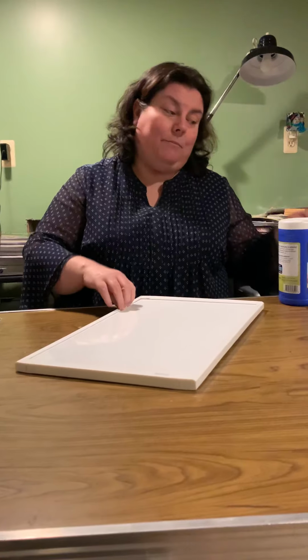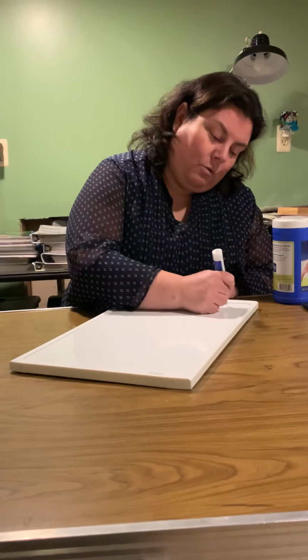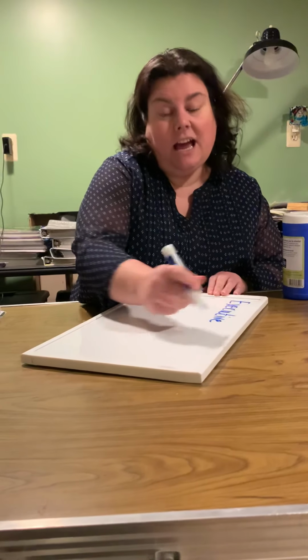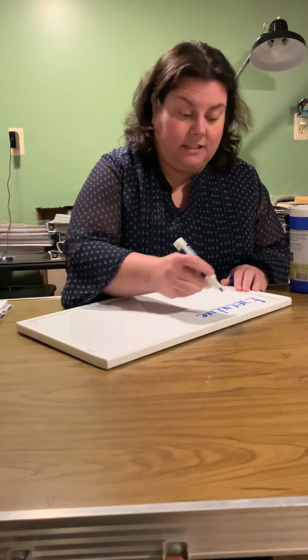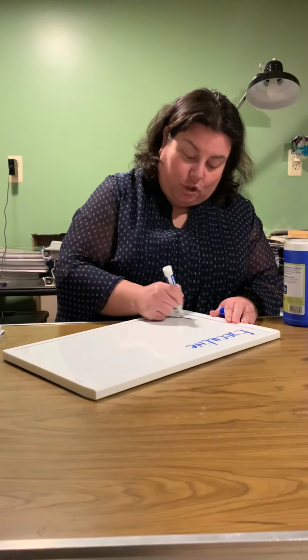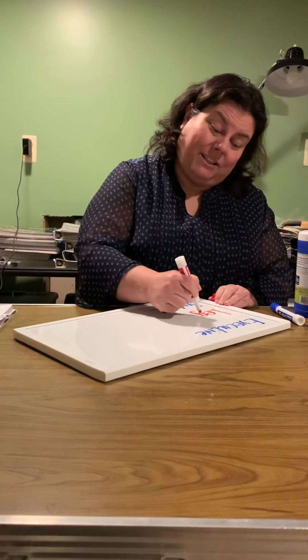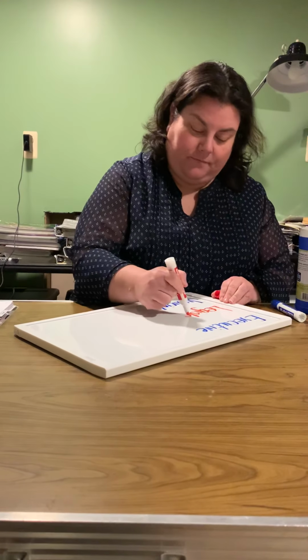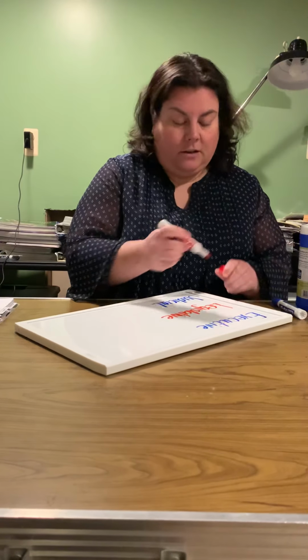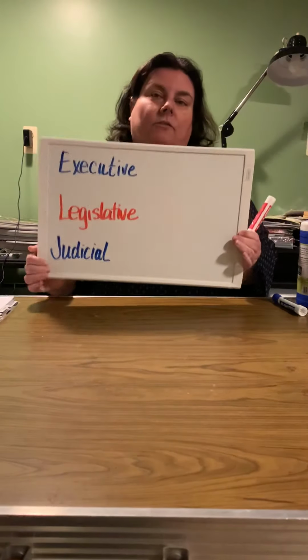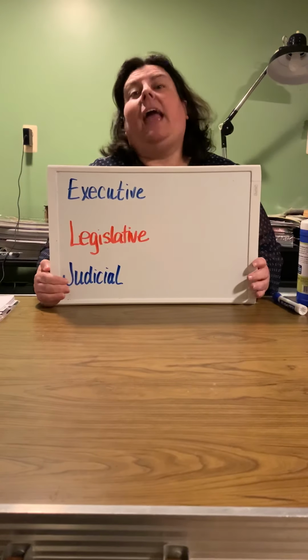We're going to be talking about these branches of government and learning about each branch individually. We'll be learning about the executive branch. The executive branch houses the president and the vice president and its cabinet members. We'll be learning about the judicial branch, which is the Supreme Court. And we'll be learning about the legislative branch, which is where the laws are made. It is also known sometimes as Congress. These are the three branches of the government. We're going to focus on them this week and part of next week.